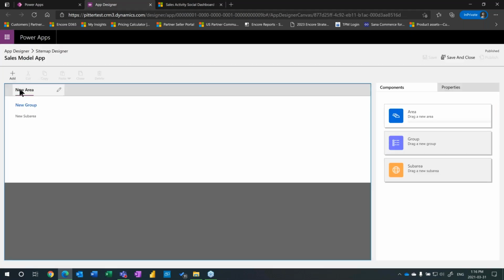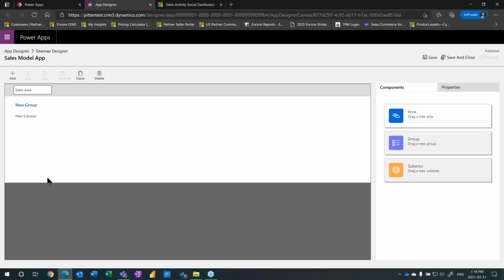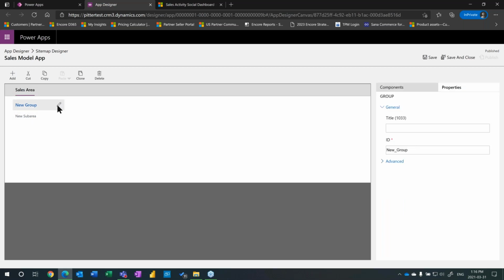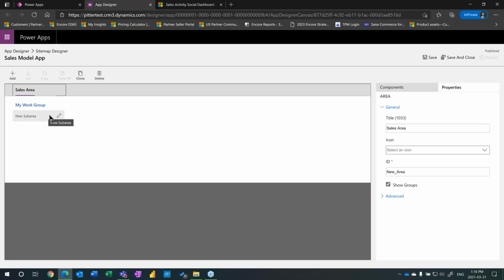So what I'm going to do is we're going to create a new area, and I'm just going to name this sales area, so that you can see when the app is there, what these items represent. And so here I'm going to say my work group. All right. And now for the sub areas, we're going to